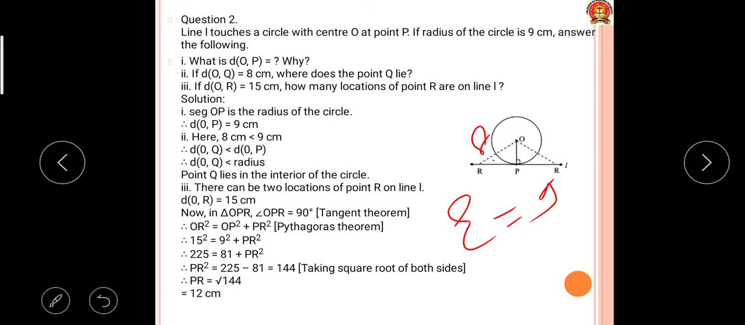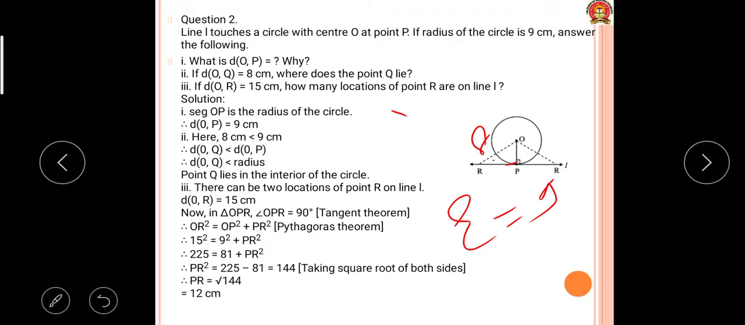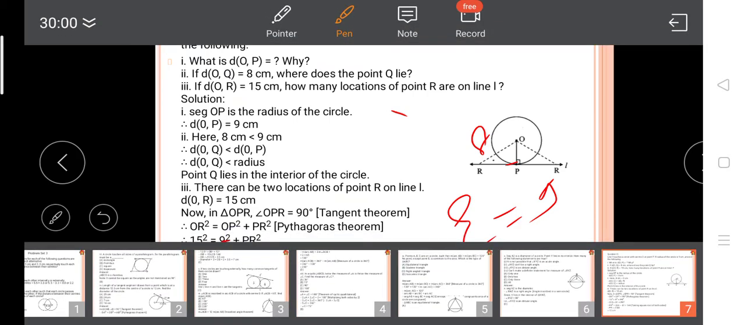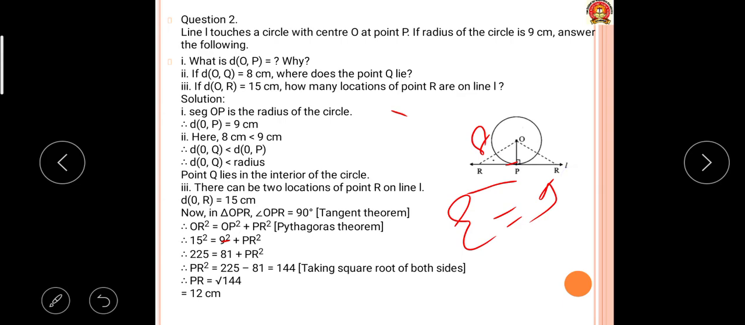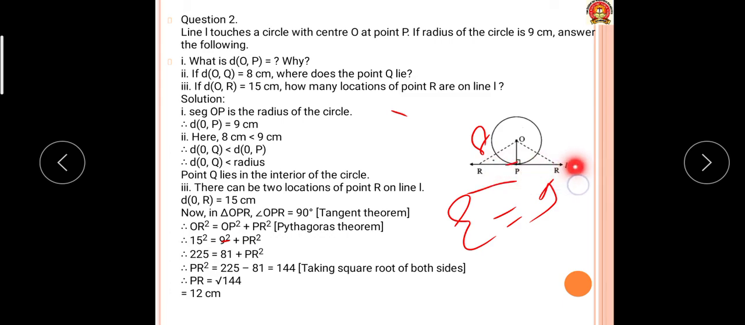Okay. Now see, second one. There can be 2 locations of R on the line. Why? Because OR is 15. How many locations of R on the line? Maybe this side or this side. So if you are finding R in triangle OPR, angle OPR, this is a radius, this is a line, this line intersects the circle at point P. So the line touches the circle at one point only, and therefore this is the tangent to the circle by the tangent theorem,